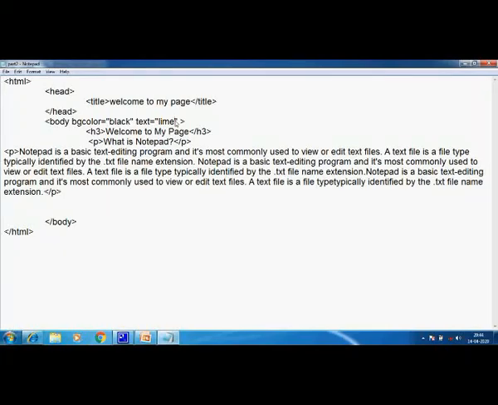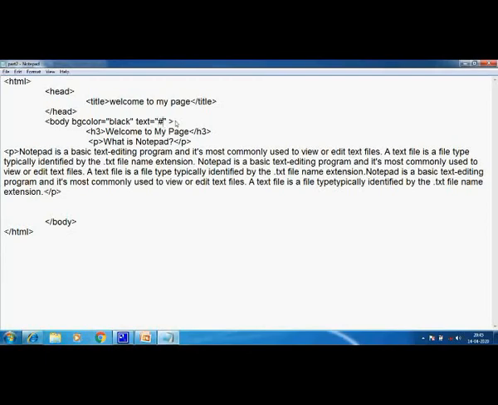Black and white are easy to remember: for black it is six zeros, and if I put six Fs, it will be my white color.